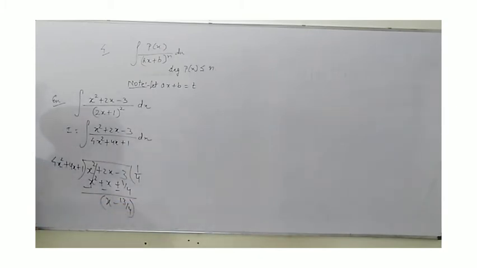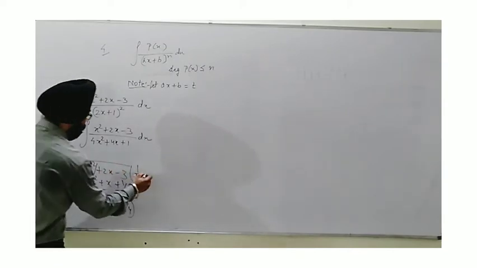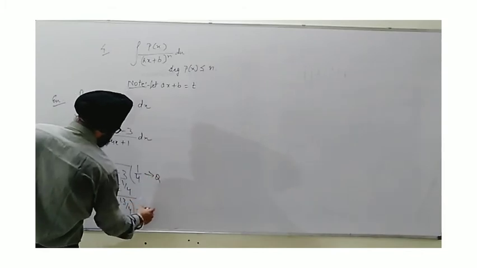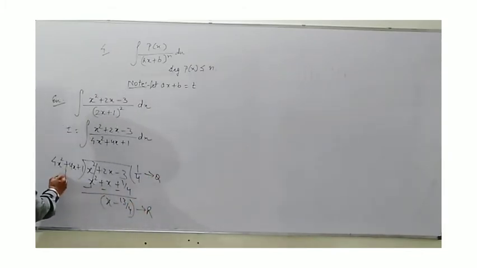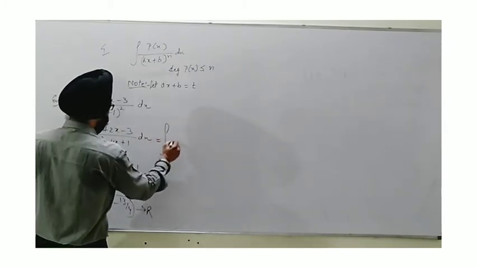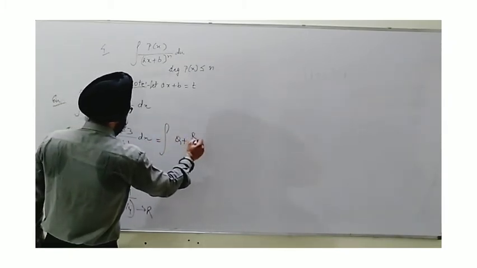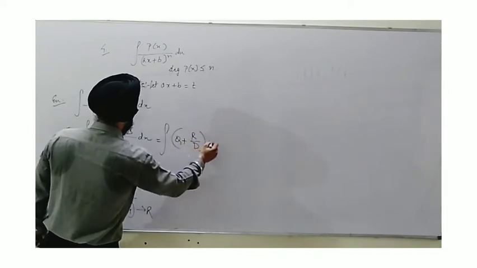Now, as in the previous case, pattern number 2, I explained that whenever the degree of the dividend part that comes down is less than the degree of the divisor, this becomes a remainder. You can see the degree is 1 here and the degree of the divisor is 2. That's why this becomes a remainder. So we have got the quotient as a constant, the remainder is a linear polynomial, and the divisor is a quadratic one. So this can be written as q plus r upon d, dx.